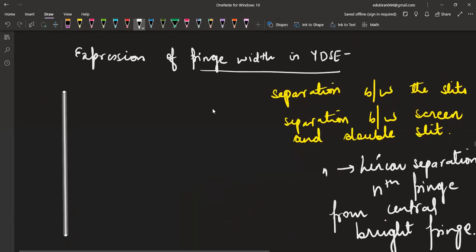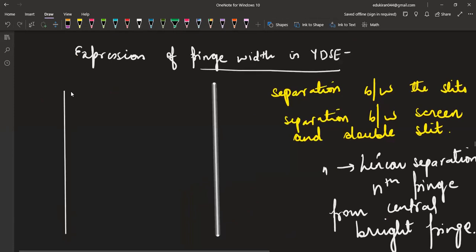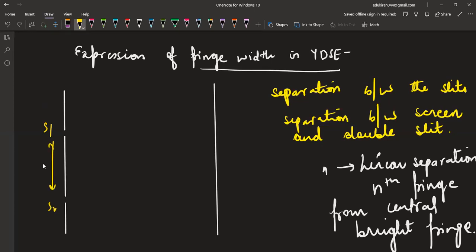Basically, the slit is present and the screen is present. All right. Slit is present means you have two small slits made in between, S1, S2, separation between them is d. One wave is moving and the wave is being formed. Second is coming and this is also